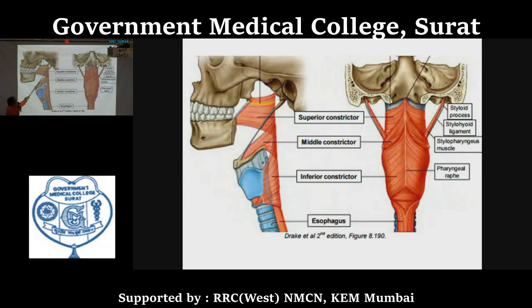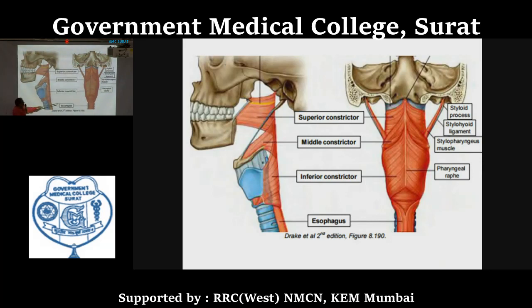So it's the lower part of the stylohyoid ligament along with the lesser horn, along with the greater horn of the hyoid bone. All together they give rise to the middle constrictor muscle. It's a somewhat fan shaped muscle. At the origin it is somewhat narrower, but as it passes backward it enlarges or expands. The upper fibers pass upward and overlap the superior constrictor, and the lower fibers pass downward and are hidden by the inferior constrictor.